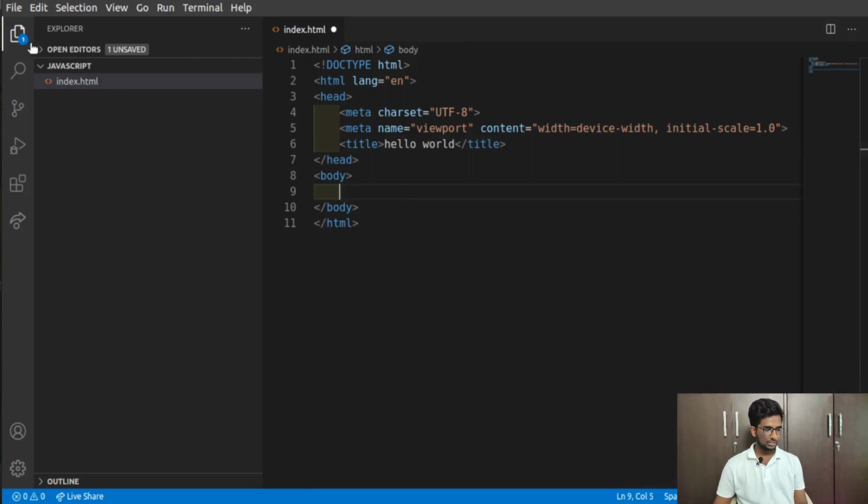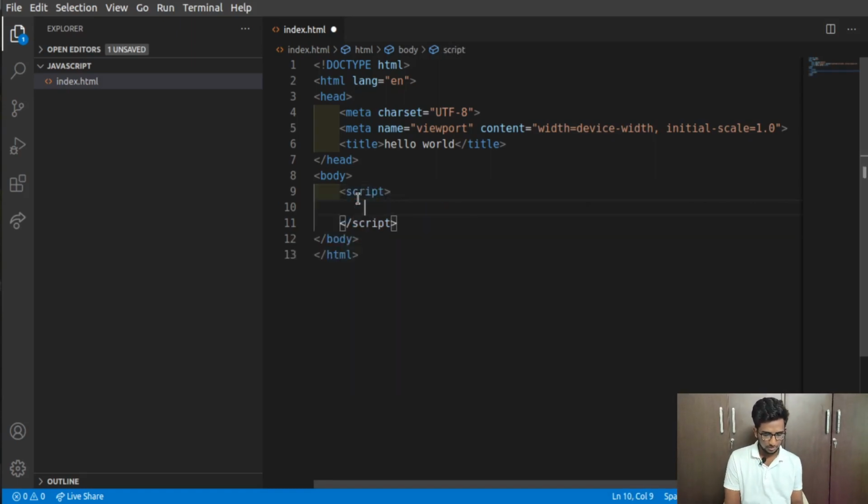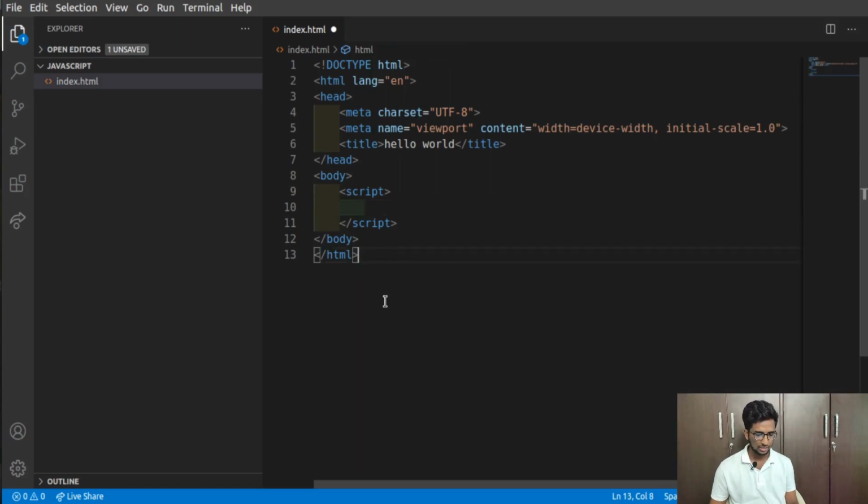So in order to run a particular program like this, first you need to keep a script tag in order to run the JavaScript inside of an HTML file. So I'm just going to create the script tag here. Type script, you can press tab, then it's going to be created, and this is the script tag where you can write your JavaScript code. It is not that particular where you keep this script tag. You can either keep it inside the body, inside the head, or outside the HTML element here.